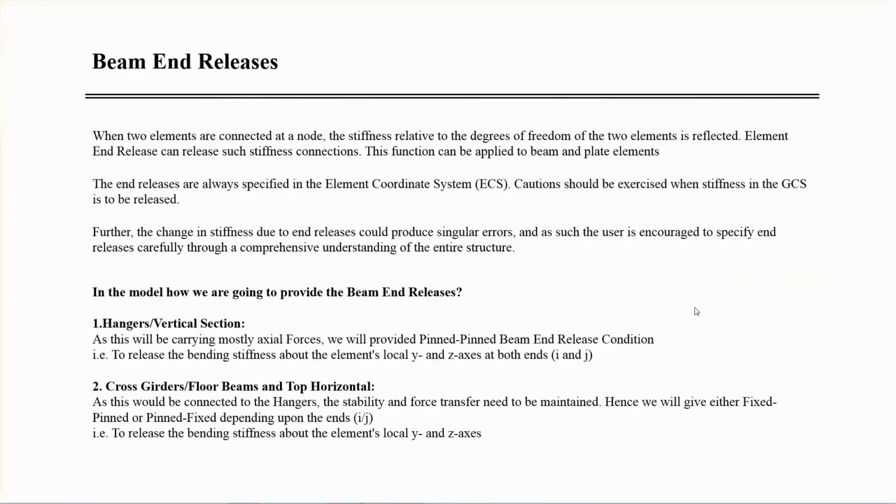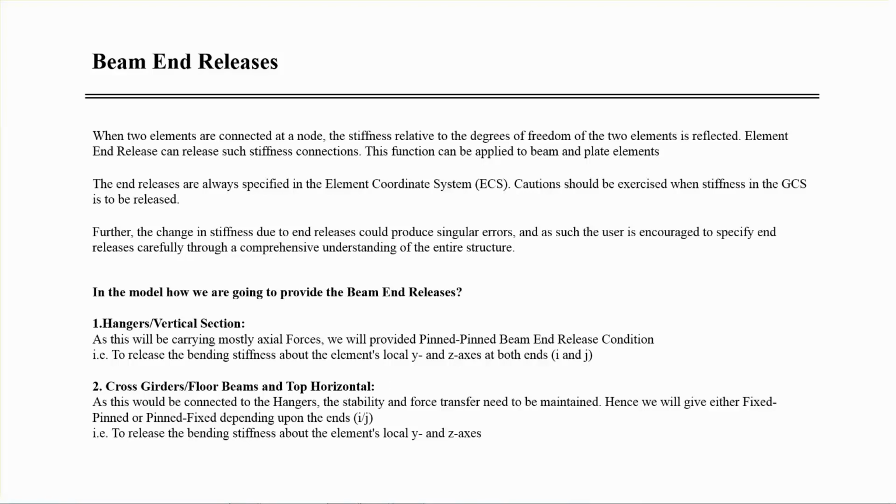So what are beam end releases? When two or more elements are connected at a node, at that node the stiffness relative to the degrees of freedom of those 2 or 3 elements would be reflected, right? So beam end release can release this stiffness at the connections.